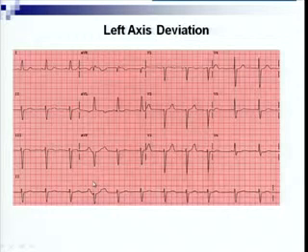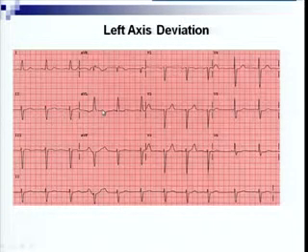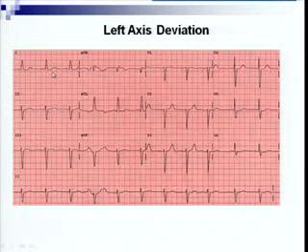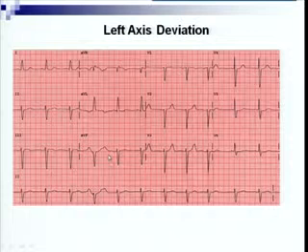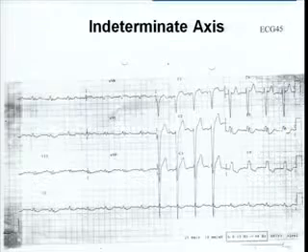Coming to left axis deviation, in this category, the predominant R wave will be in lead AVL. It will be more than that of lead 1, which is its neighboring lead. And in this, you can confirm that AVL is more than lead 1 and more than all the other limb leads. So definitely the axis is left axis. If you use the other method, then also you can see lead 1 is predominantly positive and AVF is predominantly negative. So it belongs to the right upper quadrant, which is again left axis deviation.